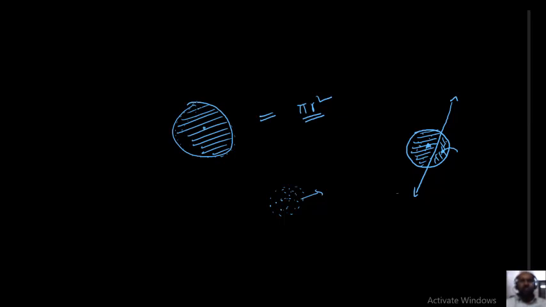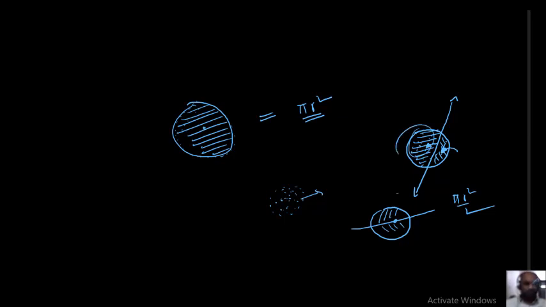How to find the area of the circle? Easy only, but how to find the area of the segment? Finding the area of the minor segment and major segment is a difficult task. For example, if the secant is passing through the center, then these two segments are equal, each equal to a semicircle. In this case, you can directly find the area of the segment. I can say the area of the segment is pi r square by 2. But in other cases, how to find the area of the segment?